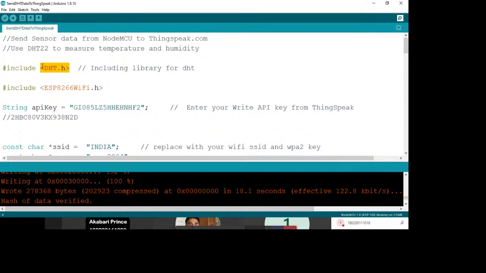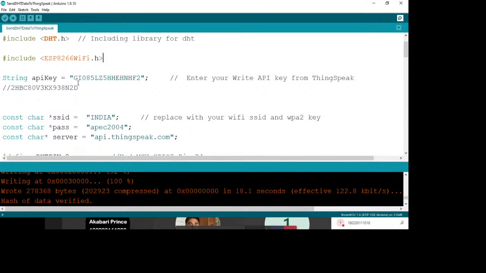Okay, fine. Then you have to include ESP8266WiFi.h. Then you have to specify the API key. I have two accounts, so I am using the API key of one account. I have another account too, but I am not using that key. If I wanted to use that account, I would just copy and paste that key from here into our program. At present I have just commented out this key. I can also remove it; there is no harm in that.